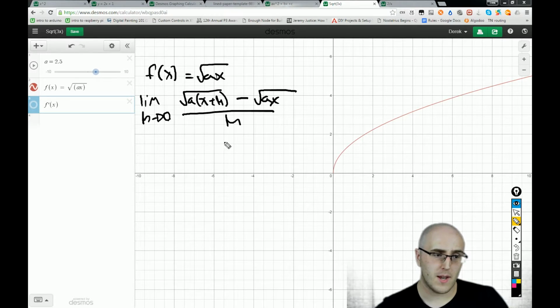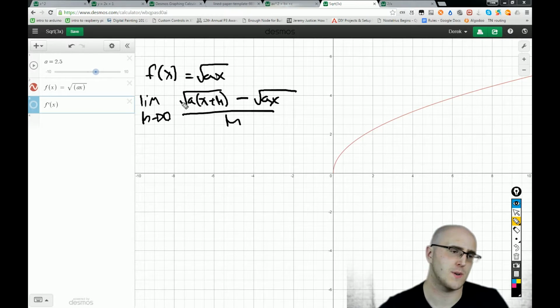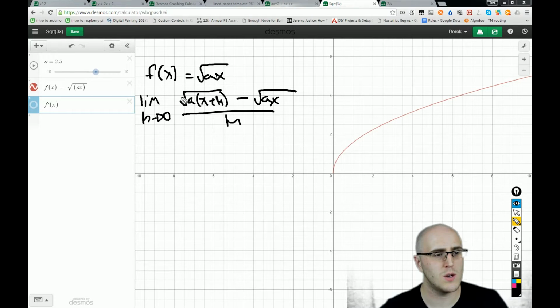Alright, so I'm going to use something called a conjugate here, which I'm not sure when they're supposed to be first introduced to you. You might have already seen them, but the conjugate is just an algebraic tool, sort of like partial fraction decomposition, that helps you deal with roots. The conjugate of any two terms, like for example these two, is simply the same exact terms, except you change the symbol in the middle. So our conjugate in this case is